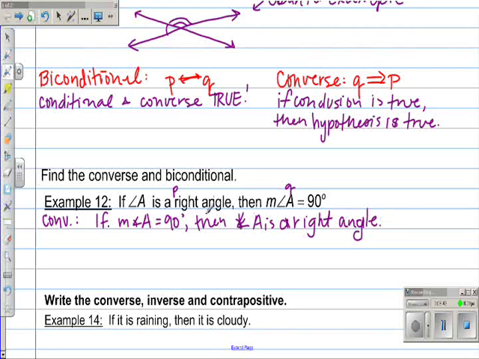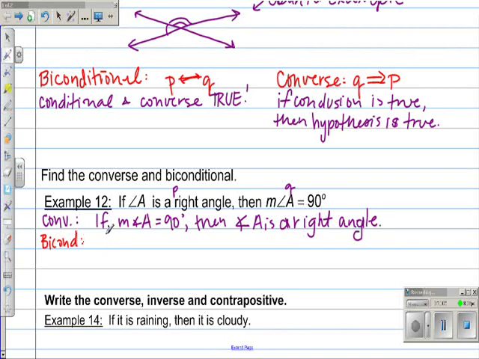Okay? So, if it equals 90, then, let me fix that angle marking, then the angle is a right angle. Okay? So, is this true? Yes. So from there, we could do a biconditional,